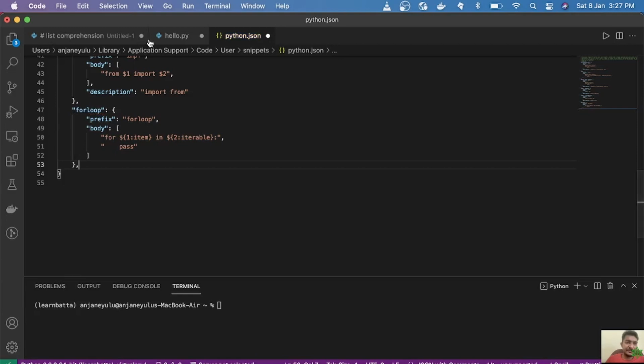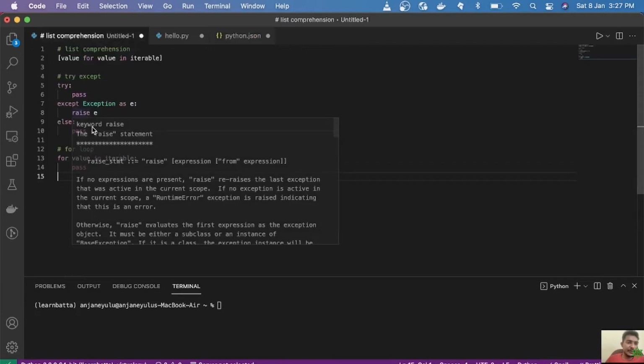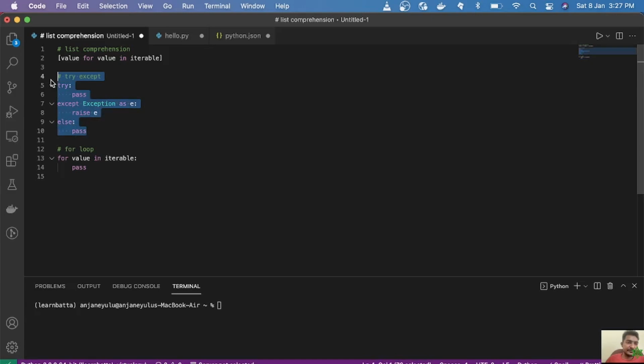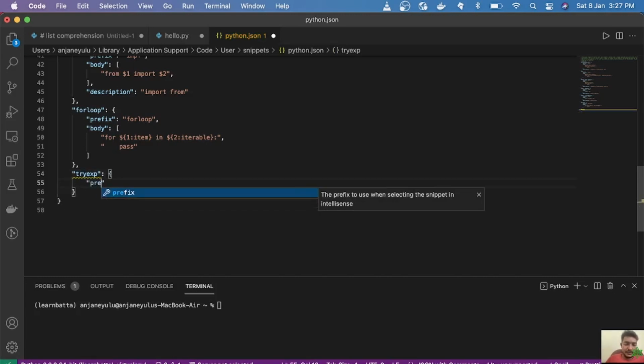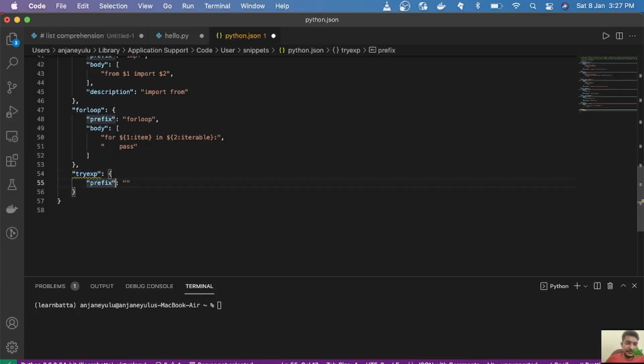Let's try for try except. Come back to the python.json file and use the name try exp, and the prefix also the same.